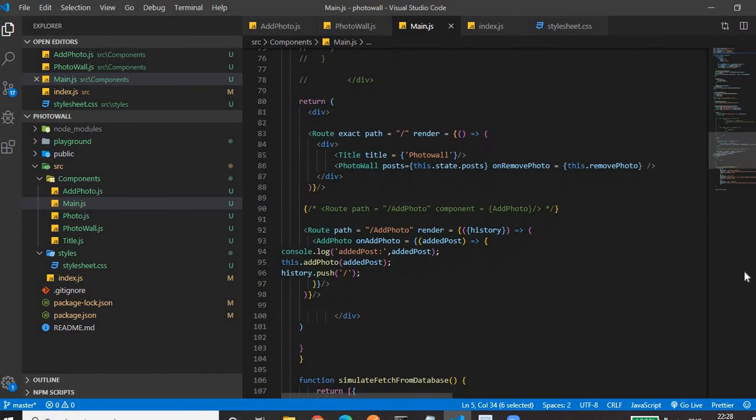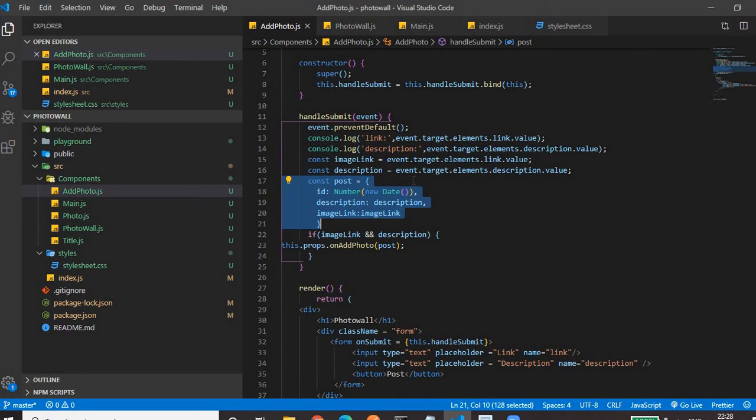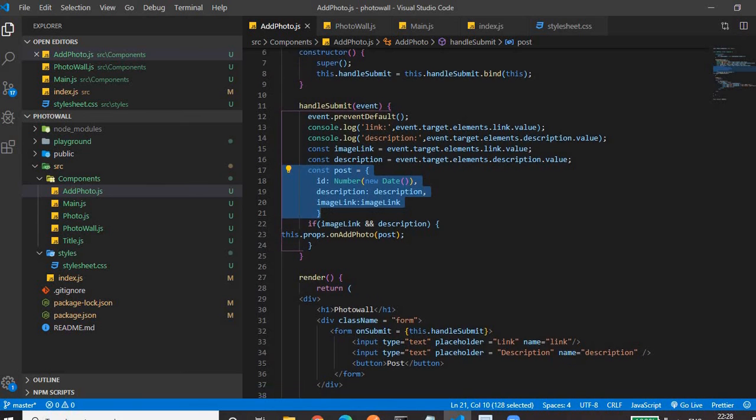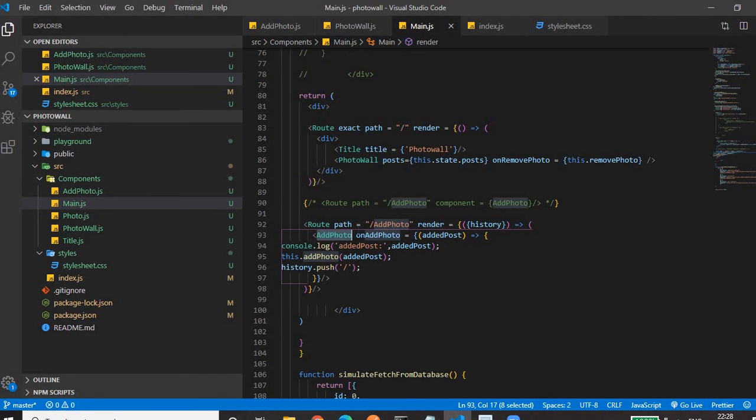You will see in the render method we have a route, then path. When it's an empty path, we have to render these 2 components. When the path is add photo, we have to render the add photo component, the one which contains a form, so that the user will enter a new URL and description. So when the path is add photo, whatever is in the render function will be rendered. When the path is empty, whatever is in the render function will be rendered.